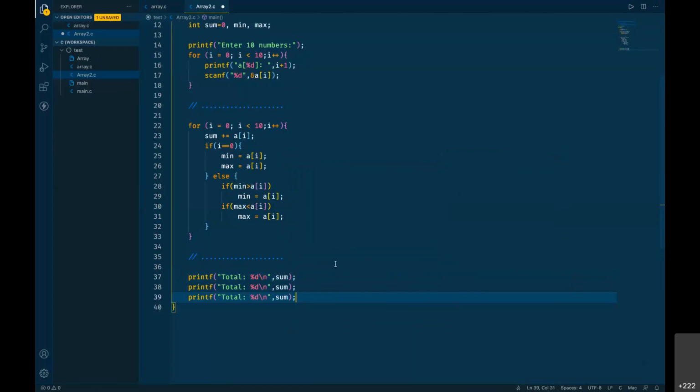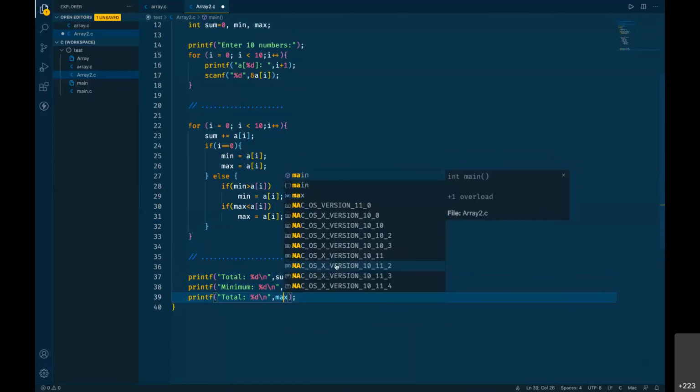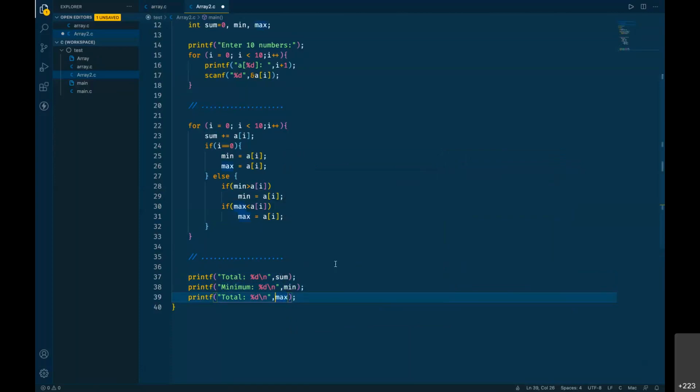And similarly, I'll have the minimum value, and we can have the max value. Okay, so this is our program.